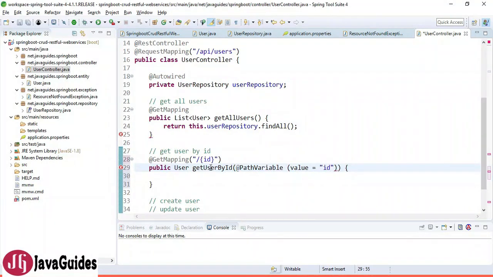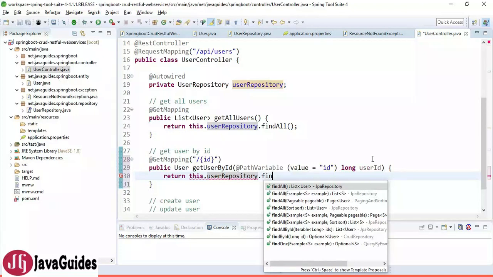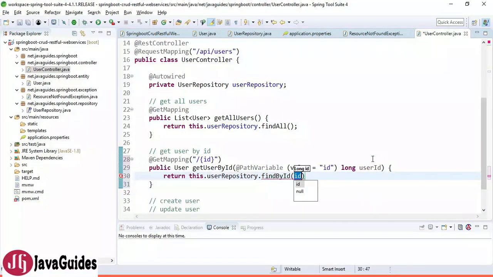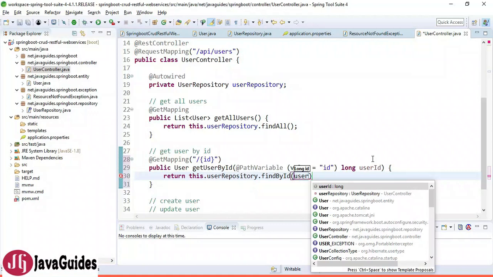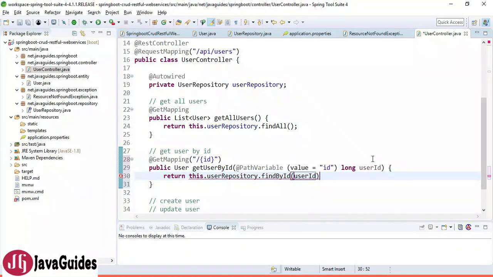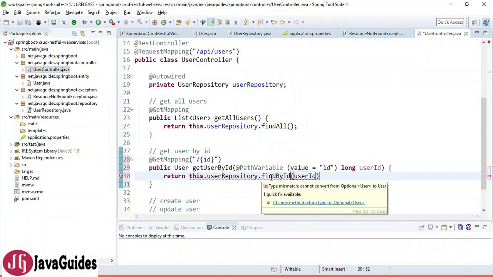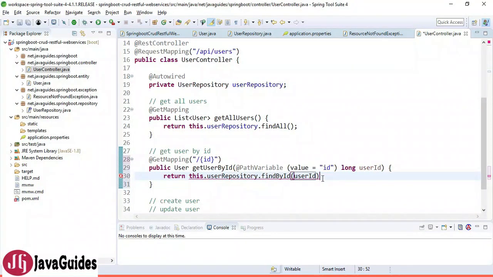Look here, this id and this id should match, and this is of type long, the user ID. Now we return a user object. For that I'm going to call userRepository.findById and pass the user ID here. This will return an Optional, so we need to call the .get method.